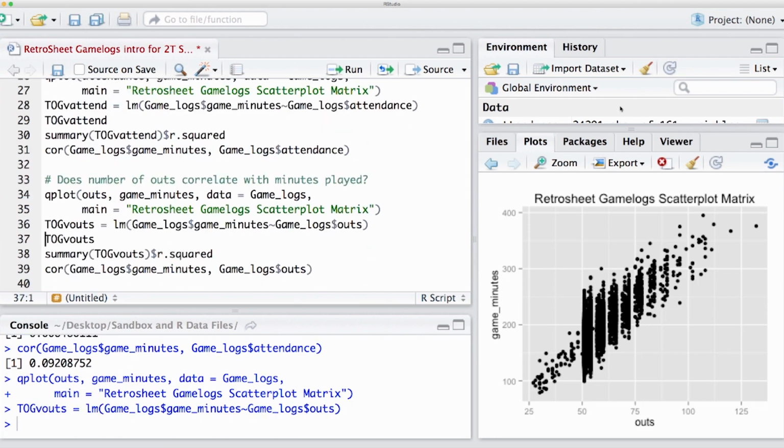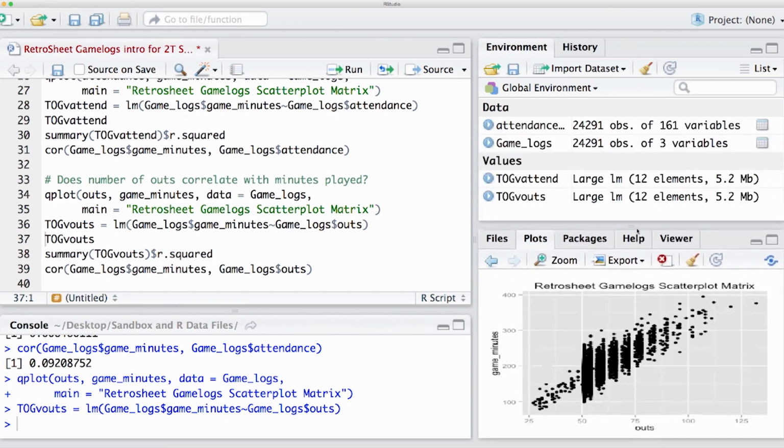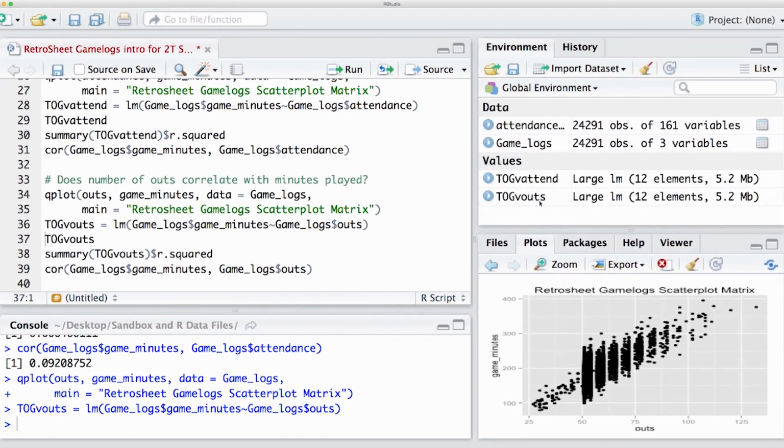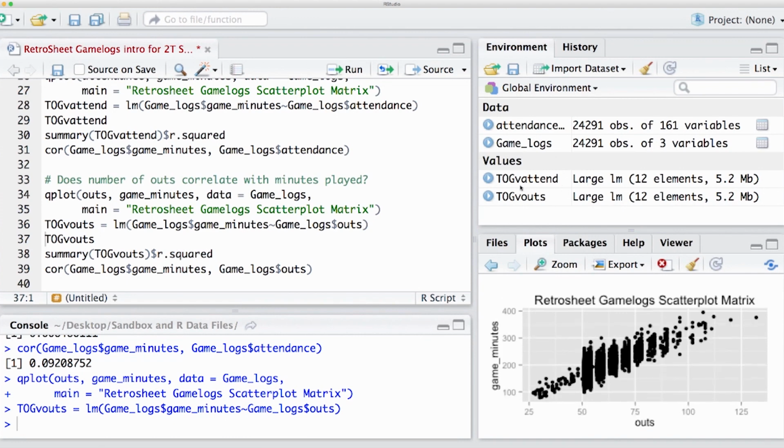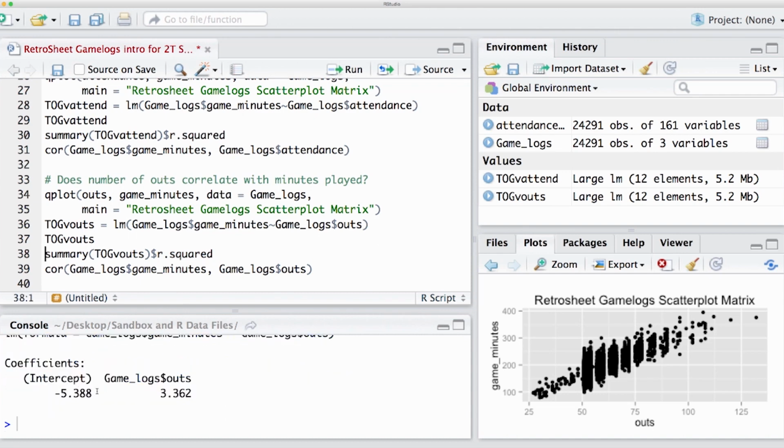We have a new variable, TOGV outs to go with our TOGV attend. We can hit that command, show the intercept here. Now, what does this equation represent? What this equation represents is the idea that minutes of the game of baseball